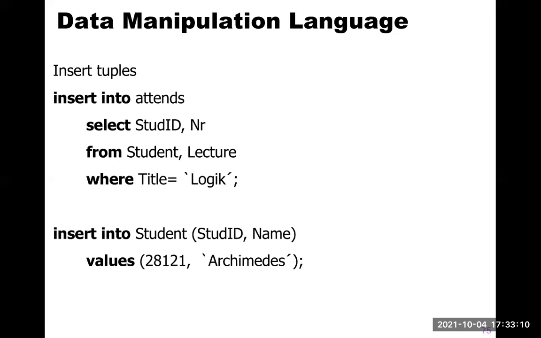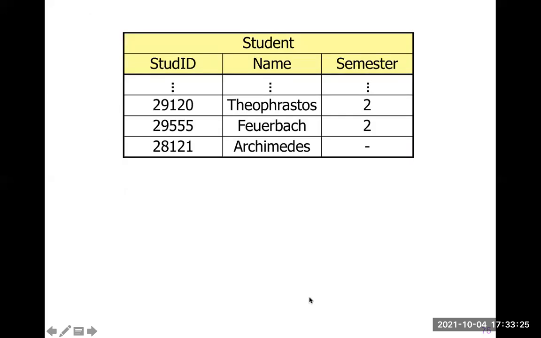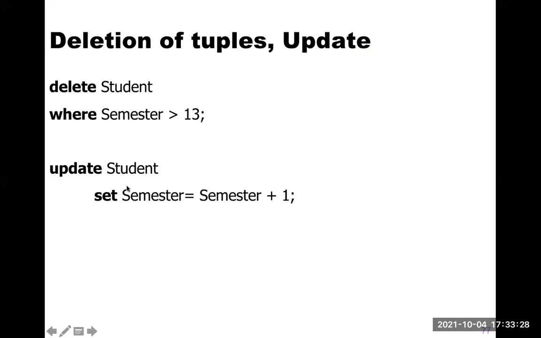But now just an extension on data manipulation language. If I want to insert data into a table, I may get it as a result of select or just literal values. Both ways are possible. If I want to delete, I need to provide a condition. What should be deleted? If the condition is not here, then all the records will be deleted. Like if I say select from table, I'll see everything. If I add where, then I'll see only